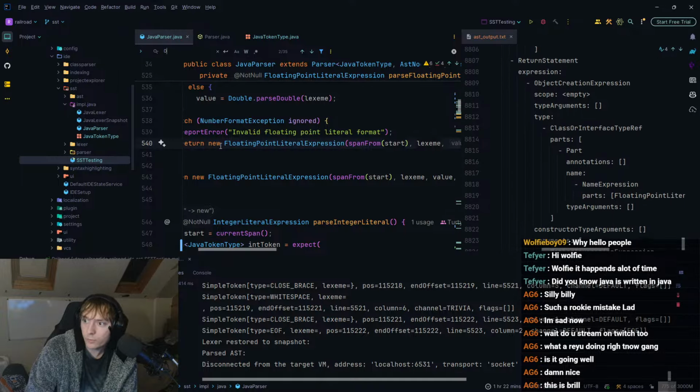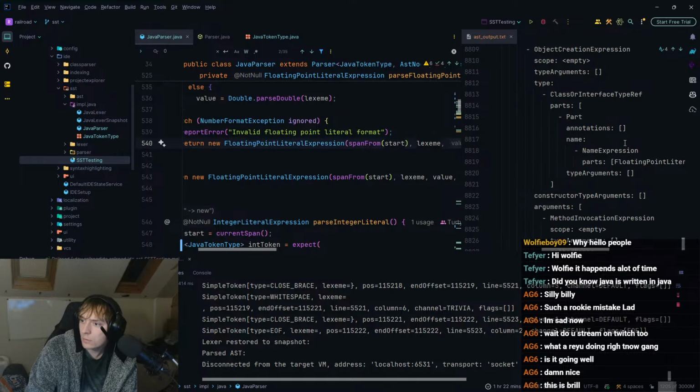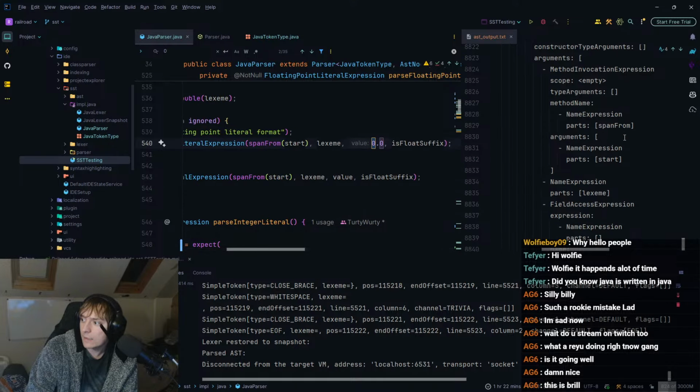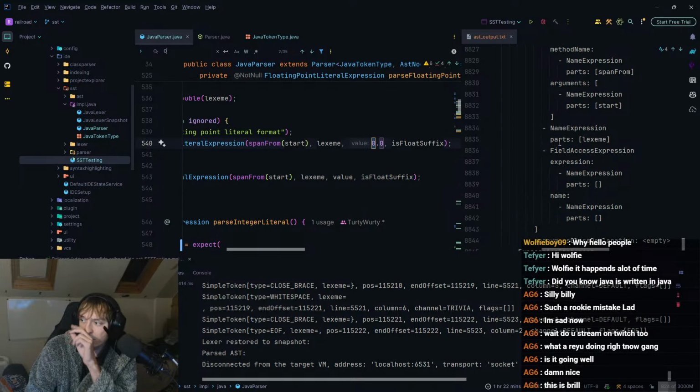So it's found an object creation expression, and inside of the arguments we have a method invocation expression, which is span from start, which is this right here. Then we found the lexeme, which is just a name, and then it's found a field access expression, which means in reality the lexer has messed up, funnily enough.